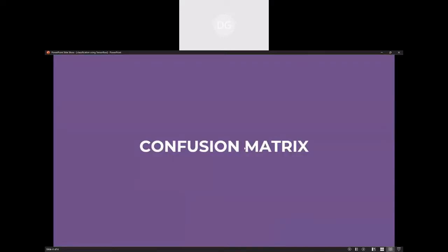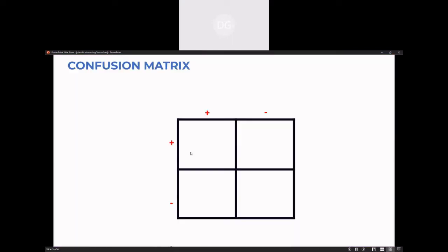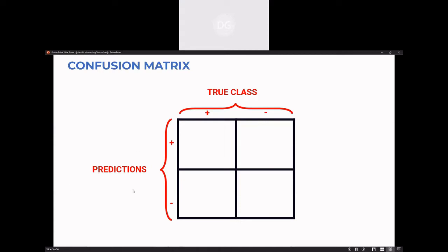And then finally we will find the confusion matrix, and then we will decide whether the predicted value matches. We know the true class is there and then the predicted class will be there. So if it is a positive review and our predicted value is also positive, that will come in the first box, correct? And if the predicted value is false and the actual value is also false, the count will be added to this particular column, right? And down here, this is partially wrong, which can be ignored as well.